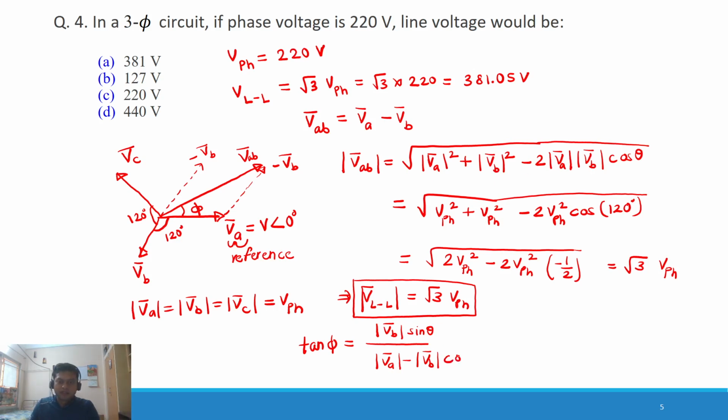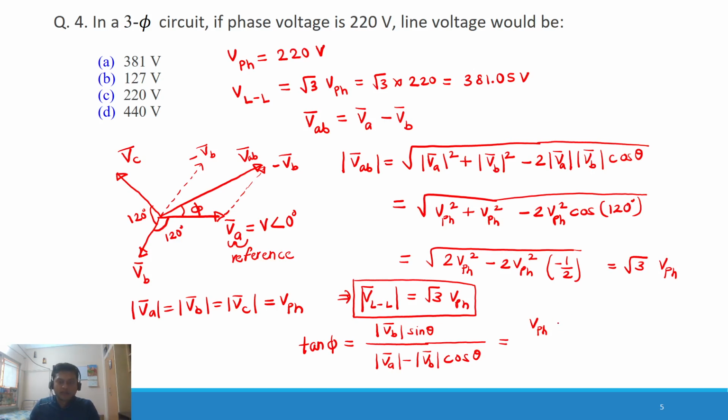So VA minus VB cos theta, VB sin theta, we have taken it as V phase. All phases are having equal magnitude. VB sin theta means sin 120 degree, and the value of sin 120 degree is